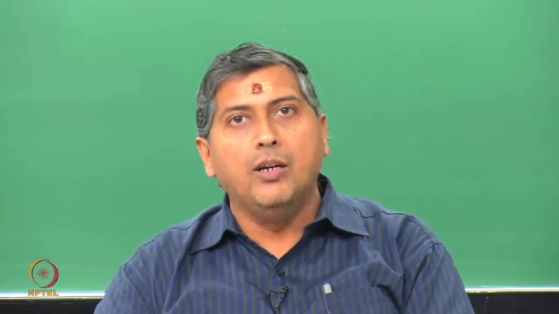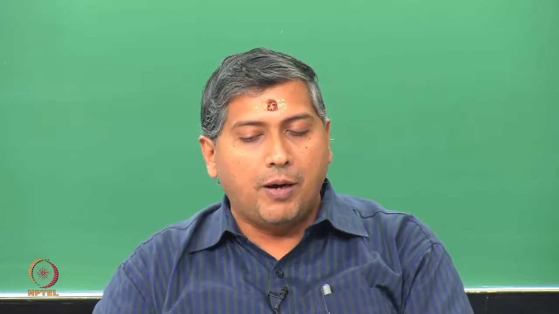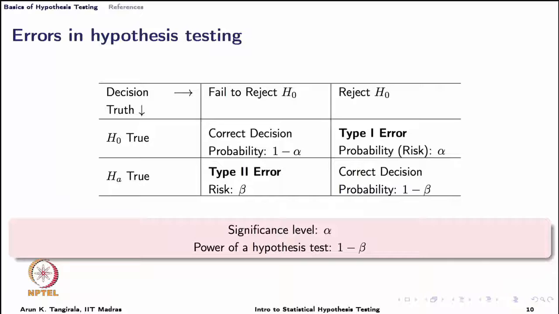Why? Because the default, as we have said, is always a null hypothesis, and when a hypothesis test has managed to detect the falseness of H naught with the evidence that has been provided, it is a very good hypothesis test, and therefore, the power of a hypothesis test is in fact the probability of making this correct decision, that we reject H naught when it is false. So, by the relation in the table, the power of the hypothesis test is 1 minus beta.